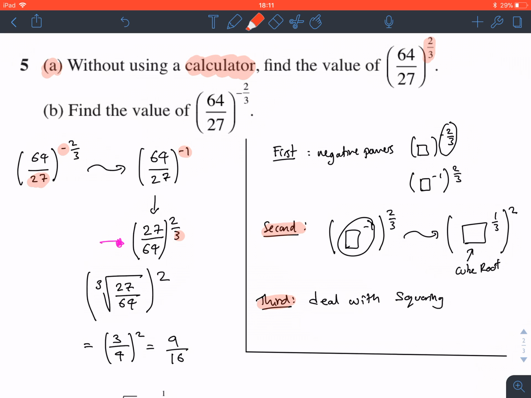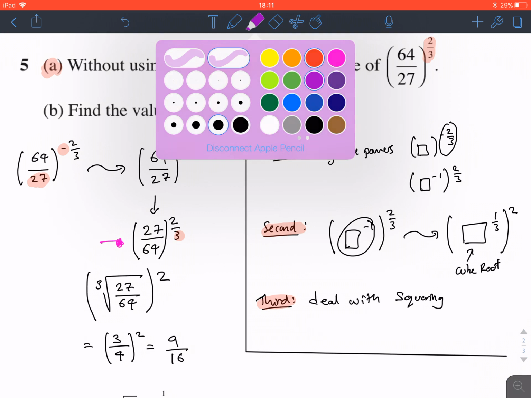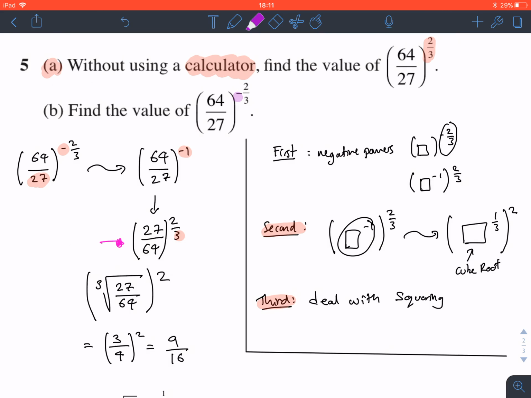So now you can start thinking to yourself, every time you see a power of a minus, I'm thinking of flipping the fraction upside down. Instead of having 64 over 27, I can flip it, and by flipping it, I get rid of that minus power. Then when that minus power goes, we can start dealing with the second and third categories, i.e. bringing the cube root in first and then squaring after, or whatever the number may be. In most cases, you're going to get 2/3, but I've seen